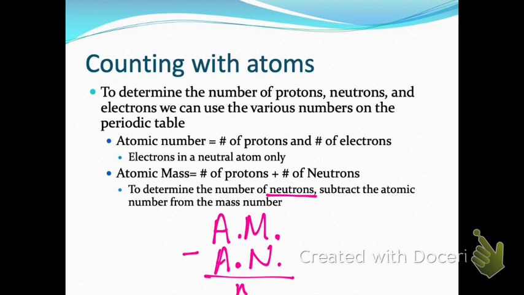It works for either, because the neutral part of it, the charge part of it, is really only affected by an electron change. The neutrons don't affect charge at all, so it doesn't matter what the charge is for neutrons. Good question. Okay, when we're trying to find neutrons too, you will round the atomic mass to the nearest whole number. Okay, either I will give you the isotope mass we're focusing on, or you'll round it to the whole number if I don't. Okay, so let's look at an example here,